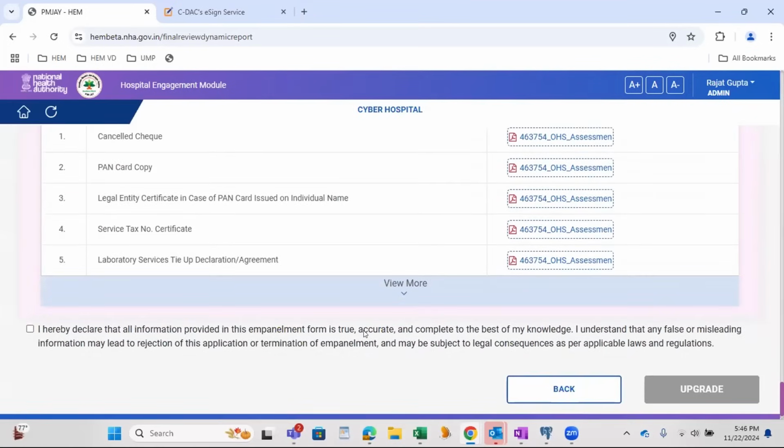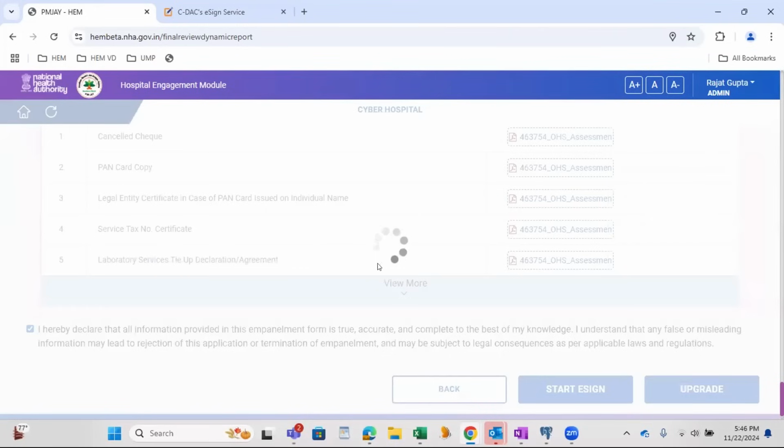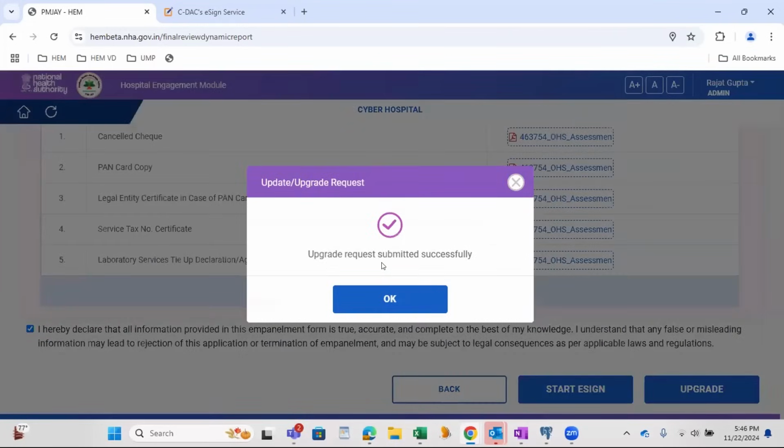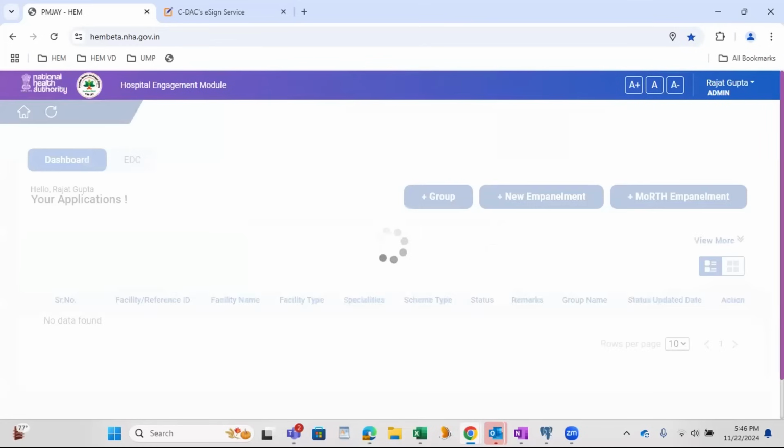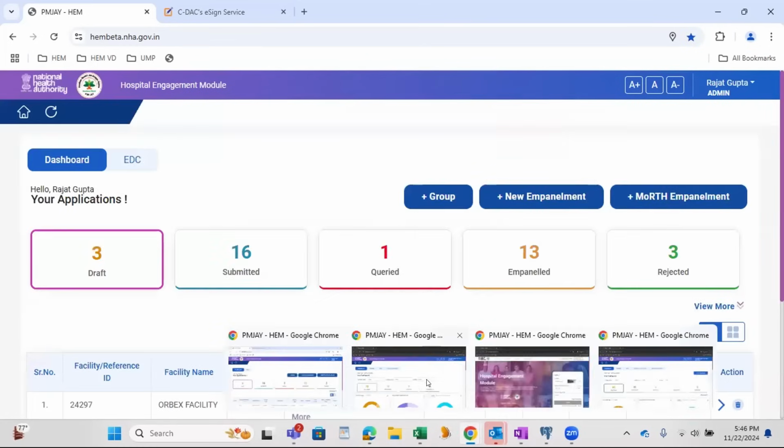This is a preview form. Click on this checkbox. Now you can see this is an upgrade. Automatically, the changes which are made on the financial page configuration are done that way. If changes are done on financial information, this will go for the upgrade and approval process. Upgrade request submitted successfully. I'll navigate to a DEC user